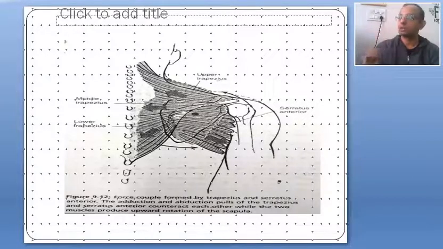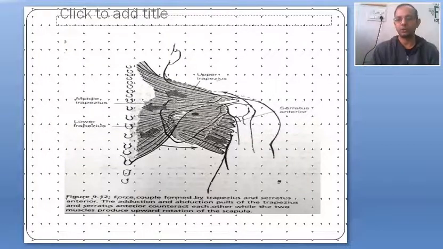So basically, the upward rotation is produced by the upper trapezius, by the lower trapezius, and lastly by the serratus anterior. Movement starts in the initial range with the upper trapezius. Towards the end range, the lower trapezius along with the serratus anterior muscle completes the upward rotation of the scapula